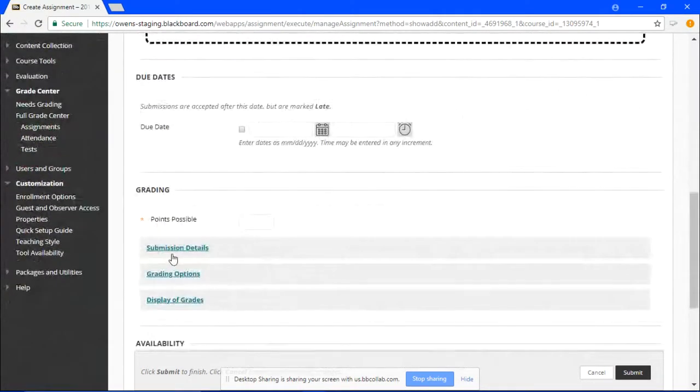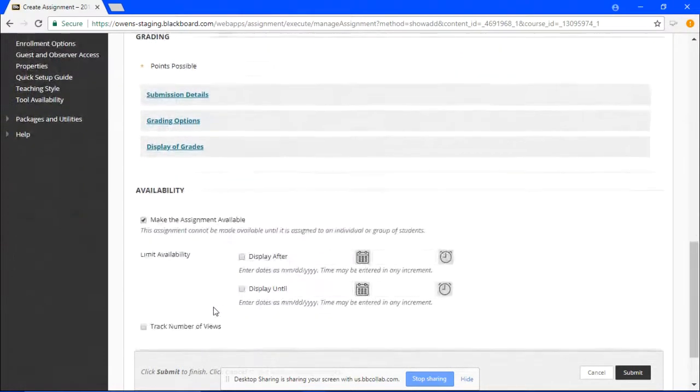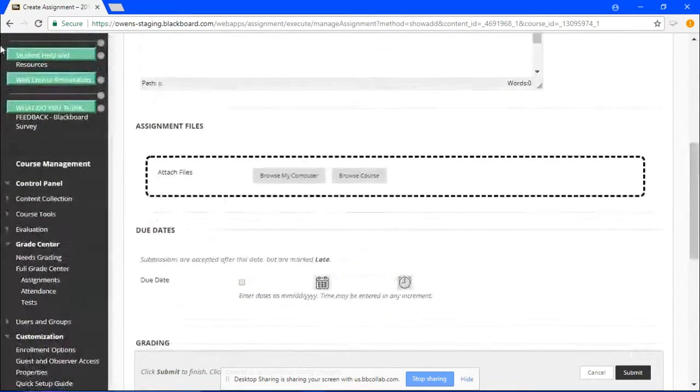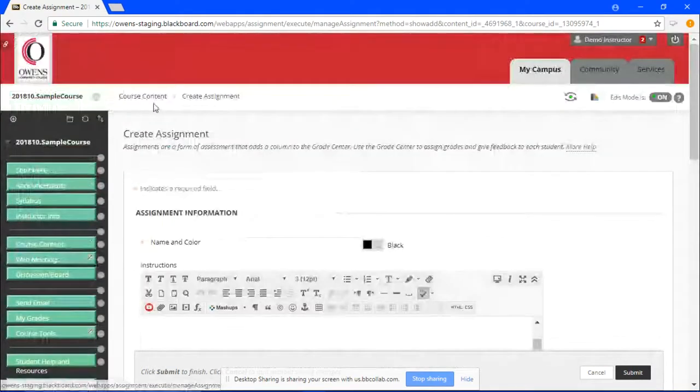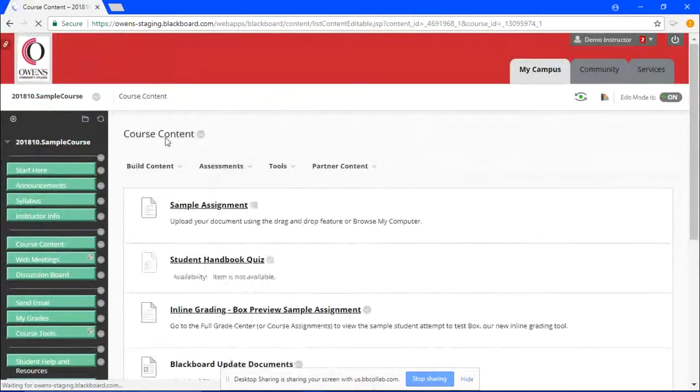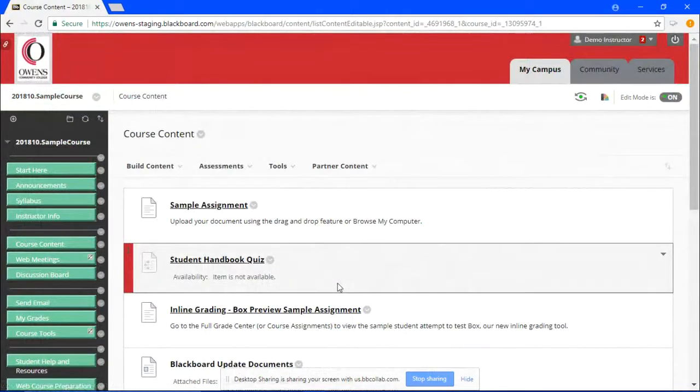Lori made a comment earlier about whether or not Safe Assign will still be available. Yes, it will be. So all of that information will still be readily available to you as an instructor once our upgrade takes place. When you're finished putting in the parameters for your assignment, Mary, just click Submit, and that assignment will show up in your course content area, like the ones that I've created already. And you can see that the icons are very transparent.